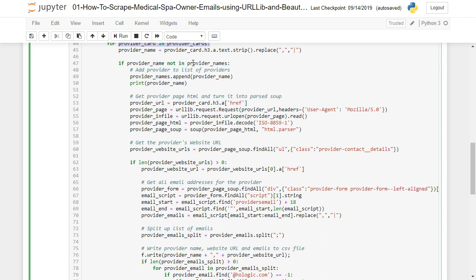And what we're doing is we're kind of amassing a list of provider names. So we want to say if the provider name is not already in our list, because if you have multiple search results pages that we're looping through and you already have the provider in there, we don't want to waste time looping through the same provider and getting emails, because we've already tackled that, right? So we say if the provider name is not in this list, we're going to append it to our list of provider names and print it out in our console so we can see that this is actually doing something